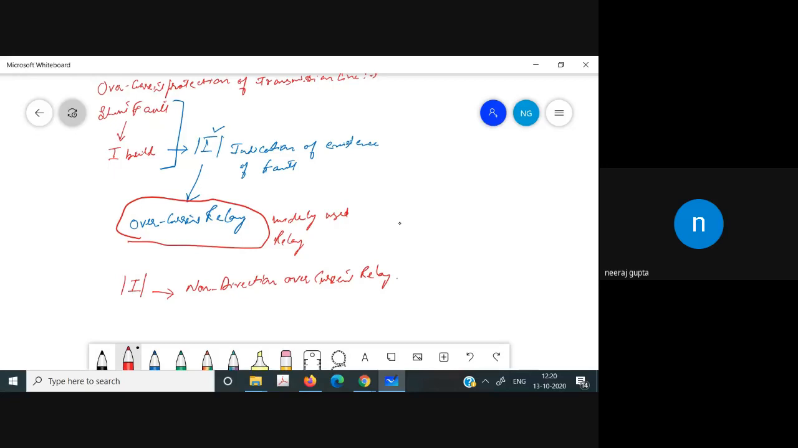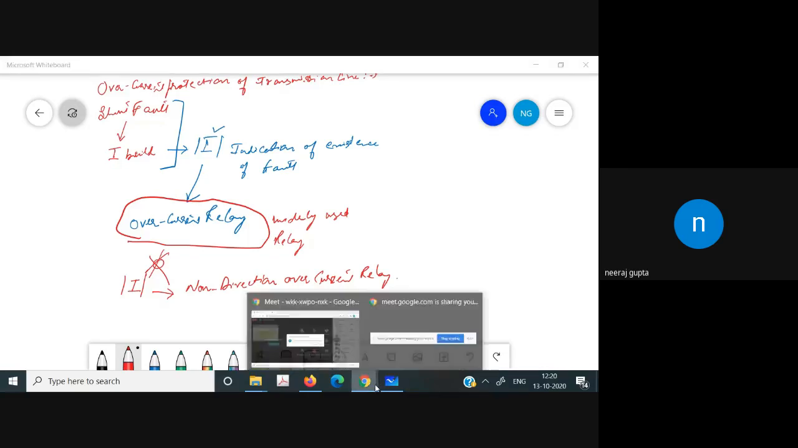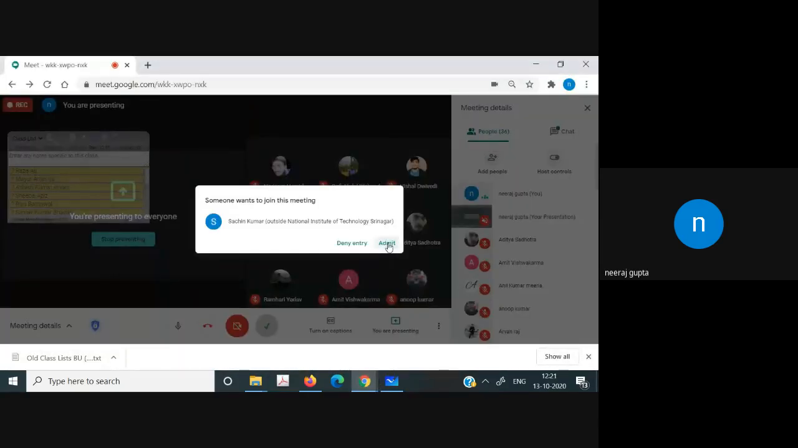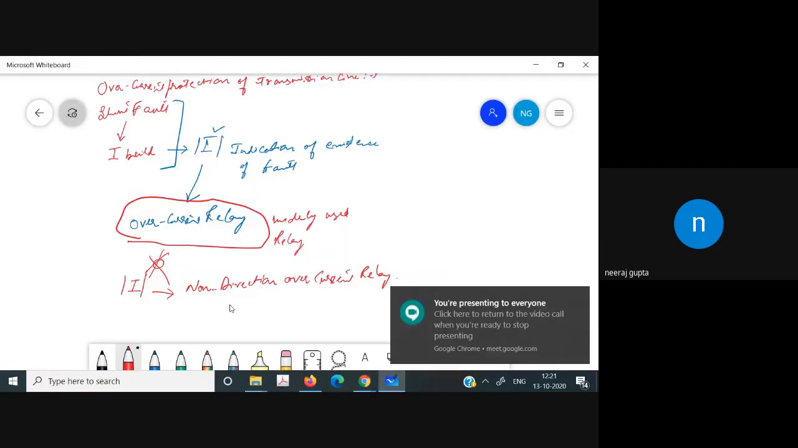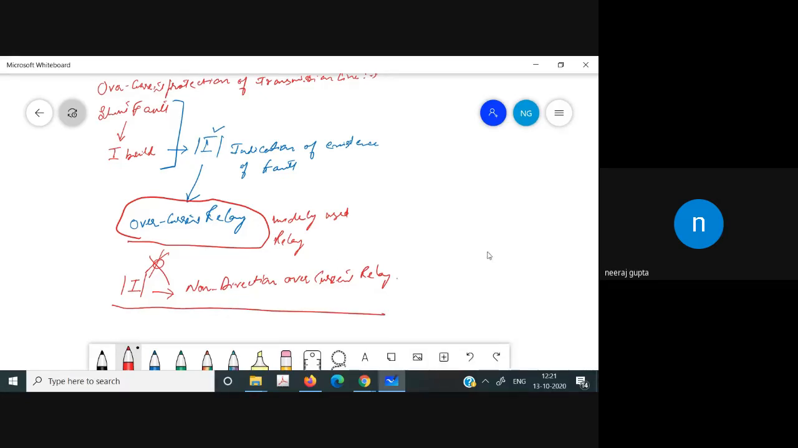What non-directional means is that it doesn't take into consideration the direction of the current. Whenever it senses the current, it doesn't take into consideration the phase angle of that particular current. So it is known as the non-directional overcurrent relay. However, there are certain situations